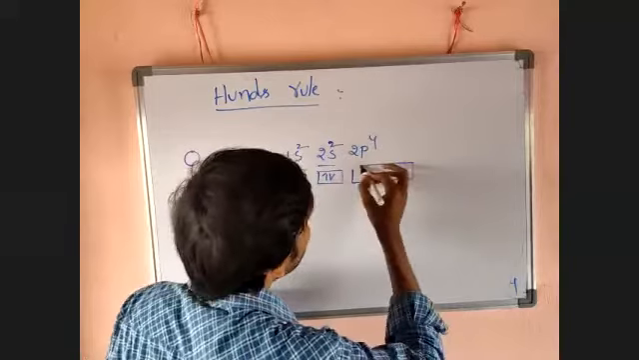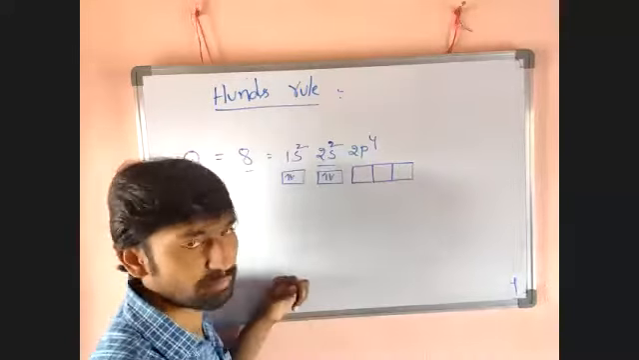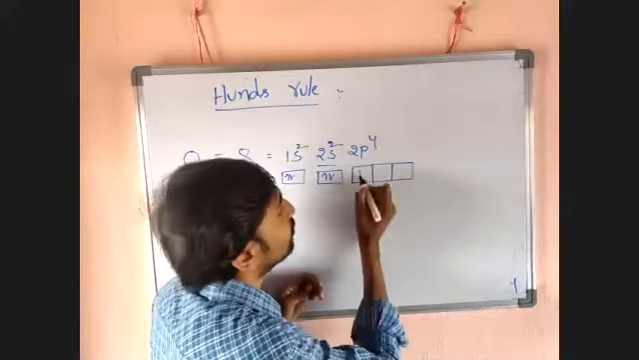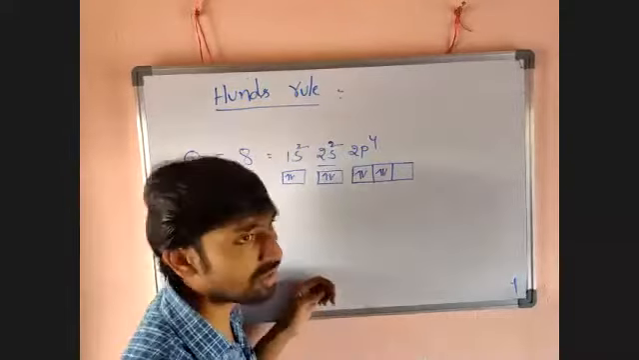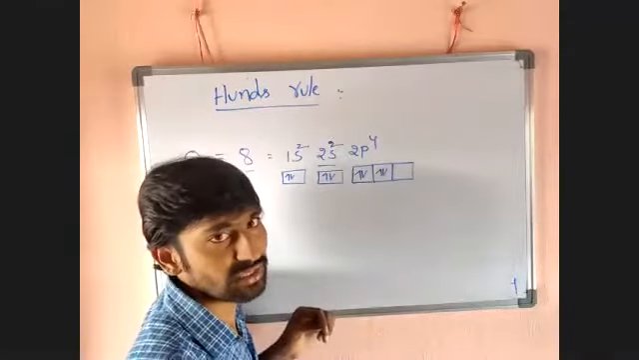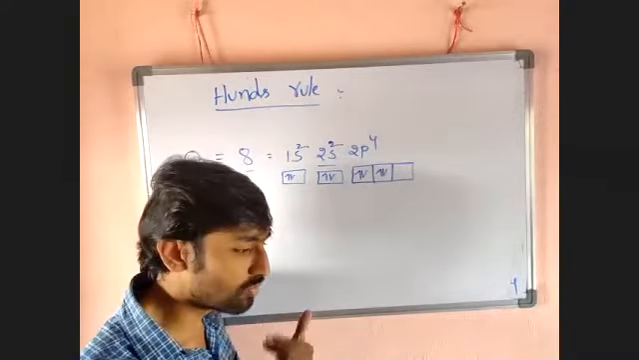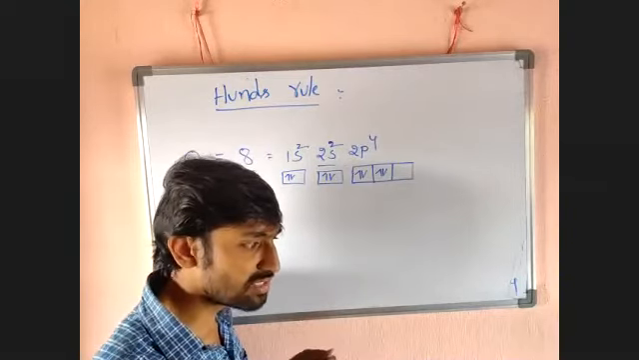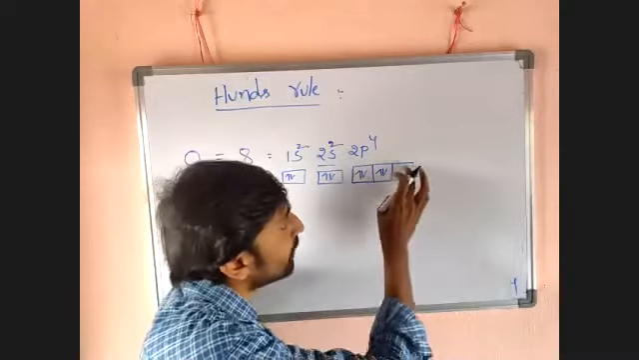What are those? Px, py, pz. Now how many electrons are there? 4. So 2 electrons here, 2 electrons here. It is against what rule? Hund's rule. Why? Because what does Hund's rule say? Hund's rule says that in the case of degenerate orbitals, pairing of electrons takes place after partial filling